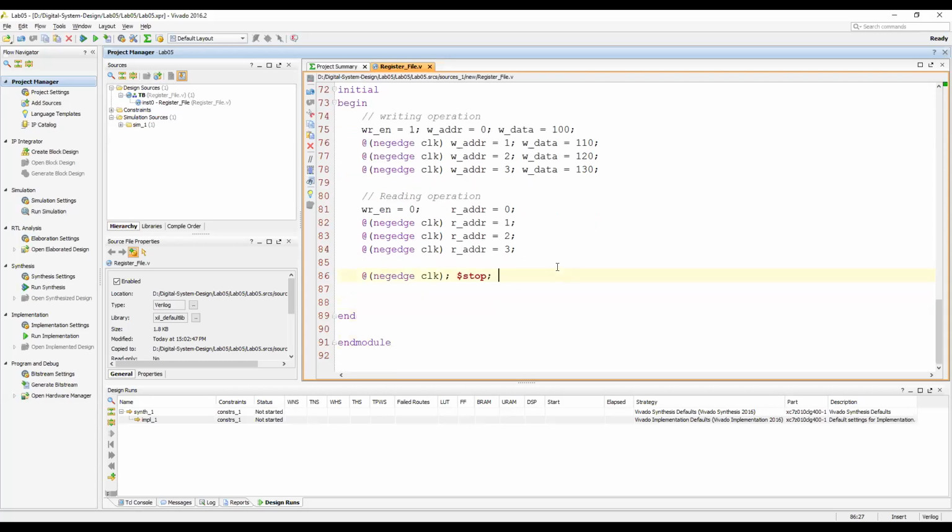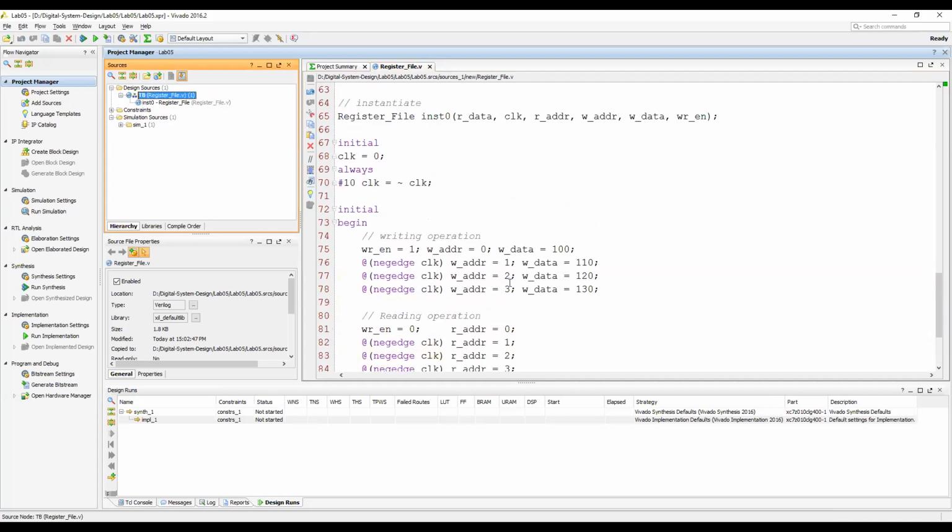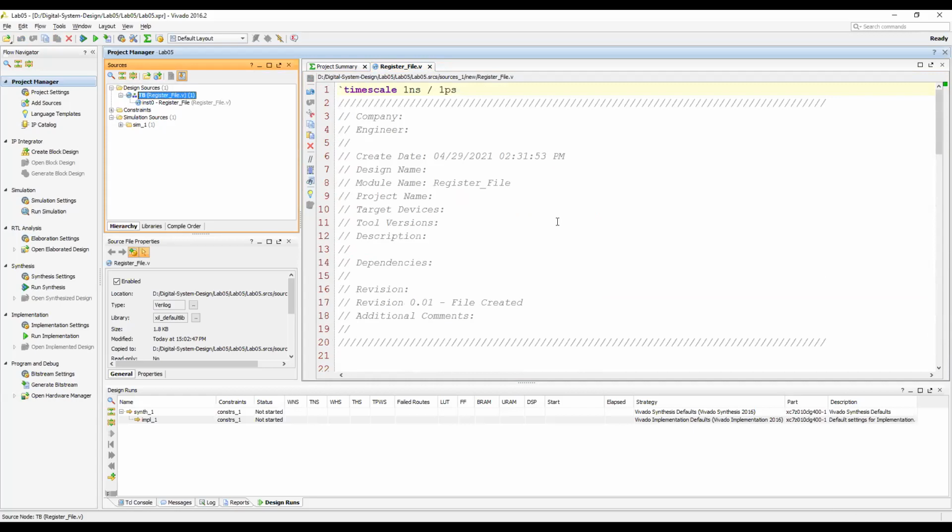Okay, so I think we can see this register file is instantiated. Everything is going all right. So let's simulate the file.